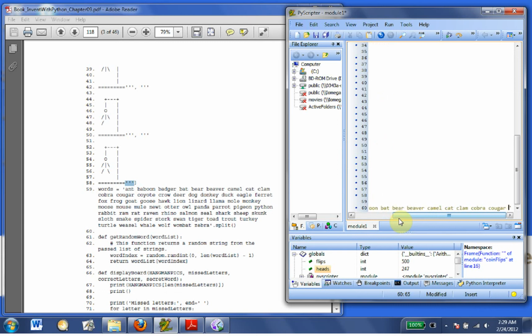Okay, so cougar, coyote, crow, deer, dog, donkey, duck. I'm noticing a theme here. Eagle, ferret, fox, frog, goat, goose,